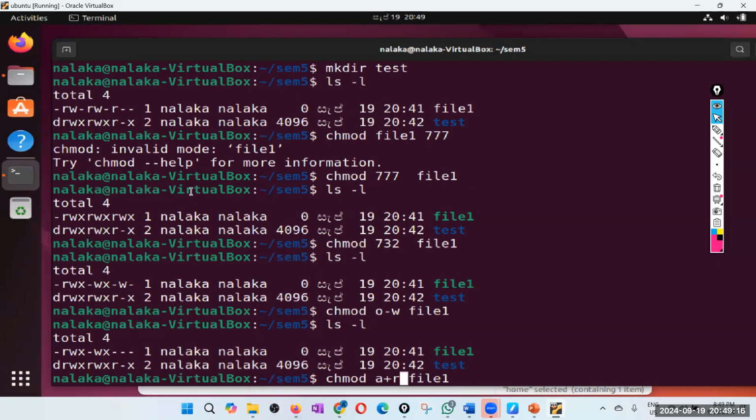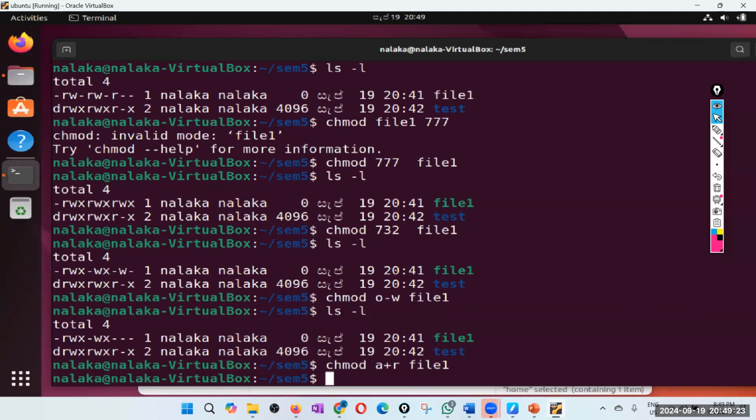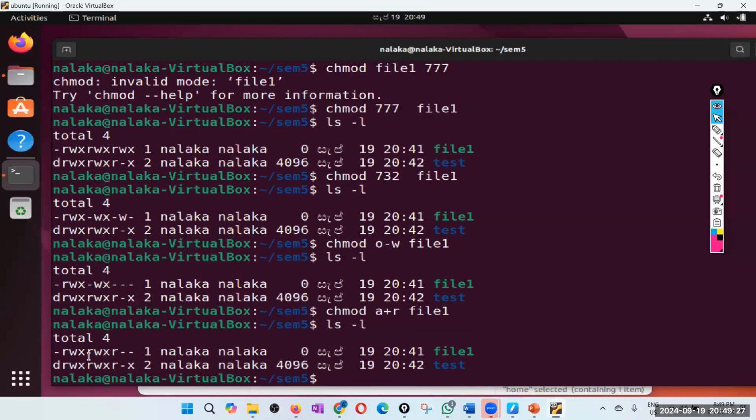to file 1. So that means this one already has the read. Now group and others will get the read. Let's type in this. Right, now we can see group got the read, others got the read. Of course, the owner already had the read, so therefore it is not touched. Okay. And similarly, you can assign something like